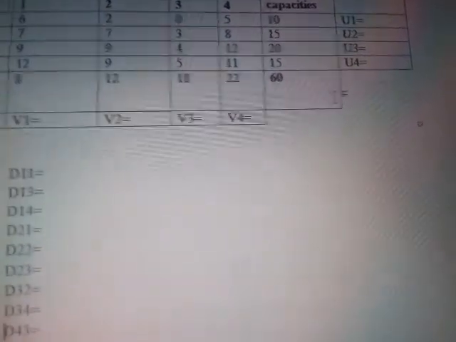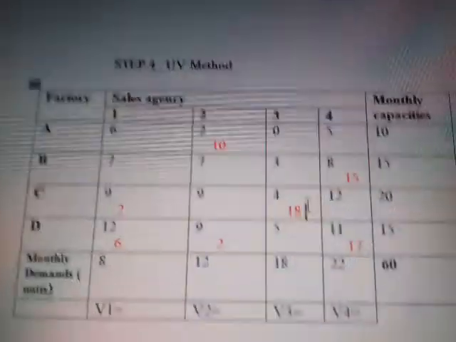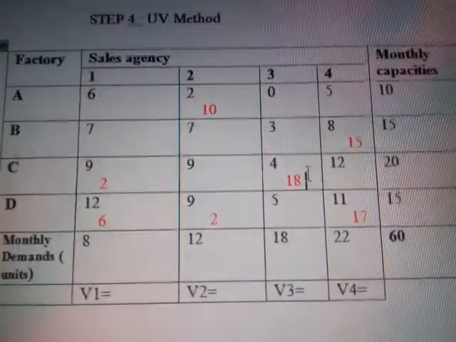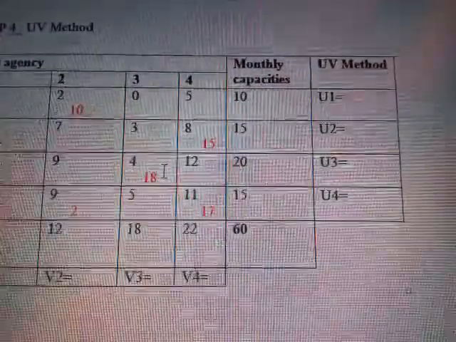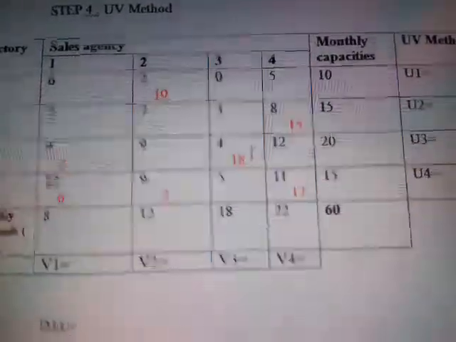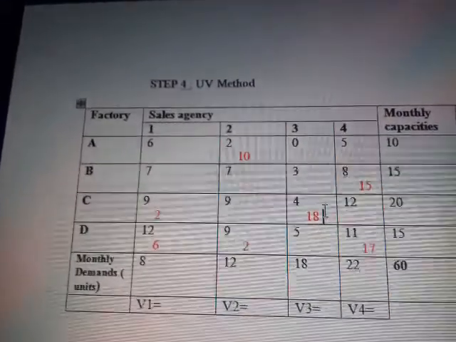So we have allocated, no, one second. So I brought the allocated here. Okay, I have written here everything. So I have allocated cells here. Okay, so now you have to do the UV method. Okay, how to do the UV method? You can take the maximum allocation and give it 0.